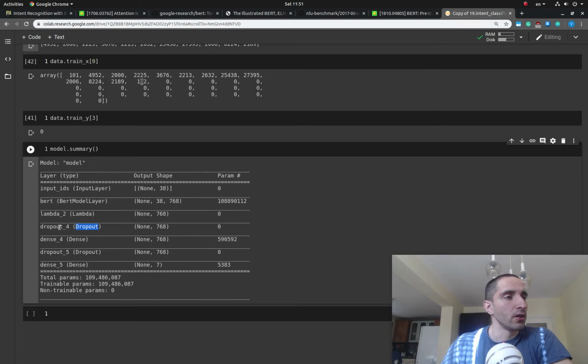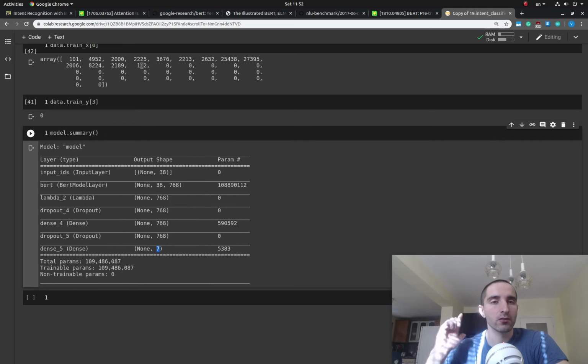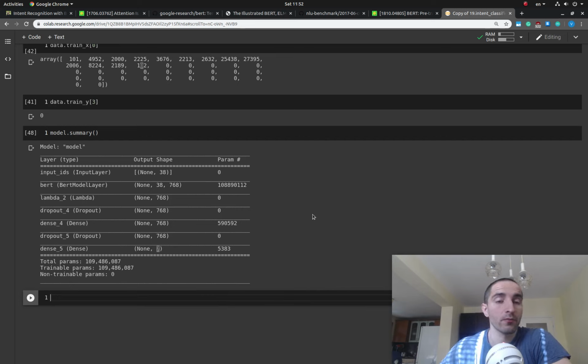Okay, so we have the dropouts, the dense layer, the first hidden layer, then again a dropout, and finally we have the output layer, which contains only the number of classes that we have, which is 7 in our case. The next thing that I'm going to do is compile this model, and from this point on this is really just an ordinary Keras model. So you can basically save it as an H5 file, or maybe deploy it to production, whatever you want to do with it. But let me start with compiling it,